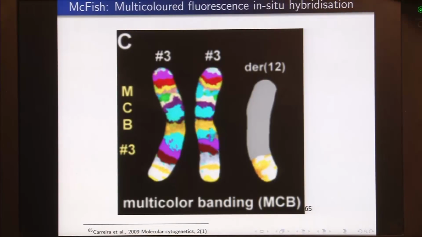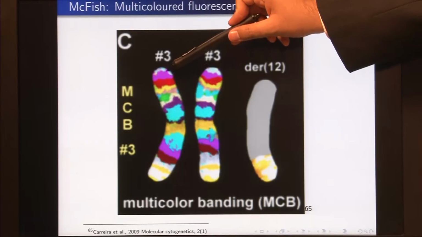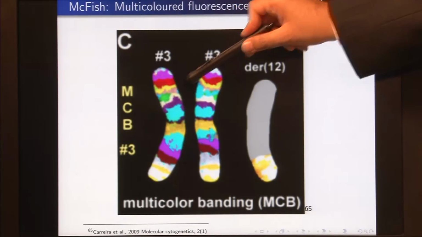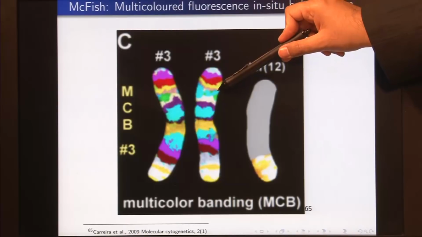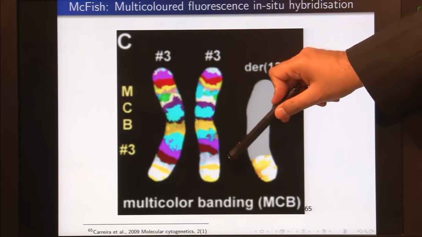So all of these chromosomes come in 2 pairs. Why a pair? Because one of these chromosomes will be coming from the father, one of these chromosomes would be coming from the mother. Now, in both the father chromosome and the mother chromosome, we are seeing that these colors, pink, red, yellow, dark yellow, pink, red, yellow, dark yellow, and this white on the top, all of these come in the same sequence.